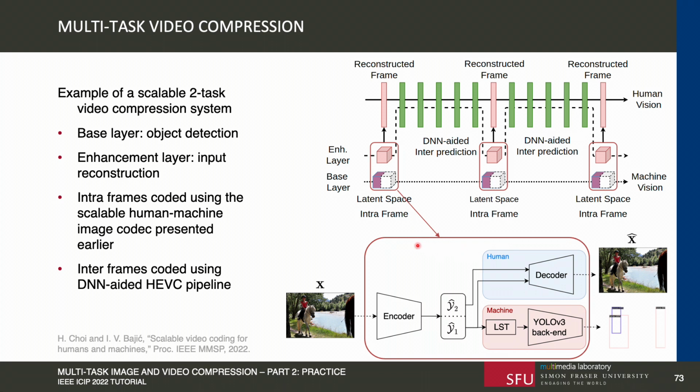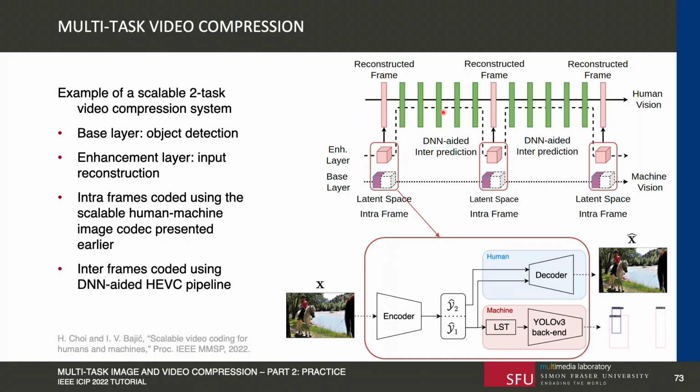So machine vision, in this case object detection, operates at a reduced frame rate when only the base layer of intraframes is decoded. When human viewing is needed, the decoder would decode the enhancement portion as well, then reconstruct the full intraframe, and then the remaining